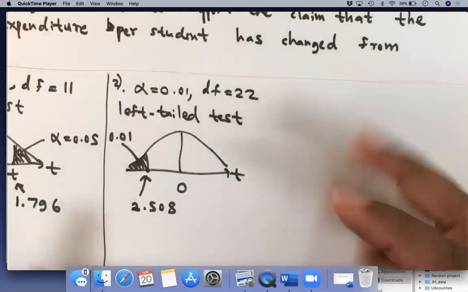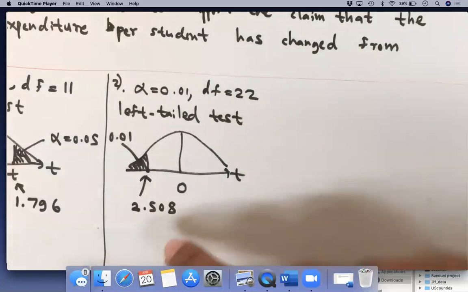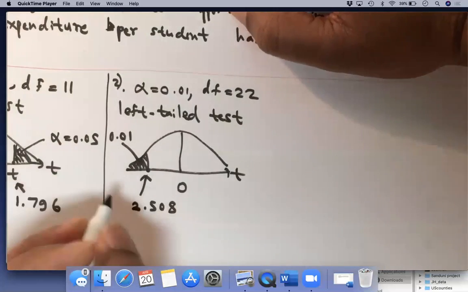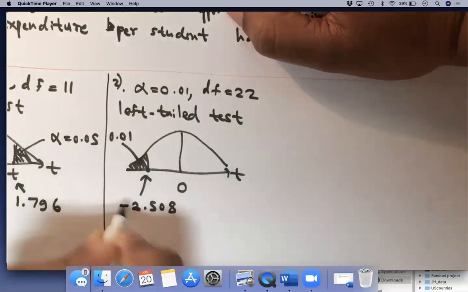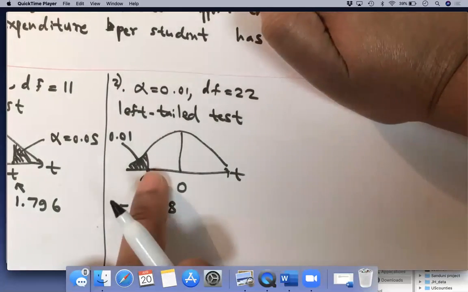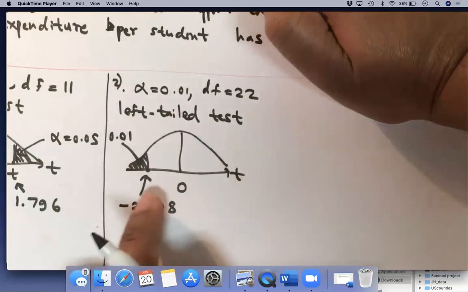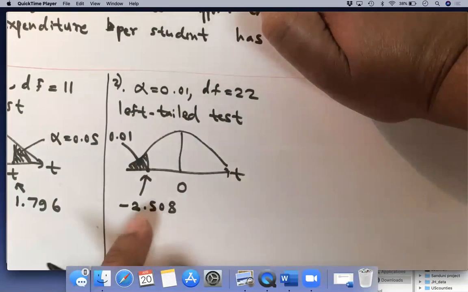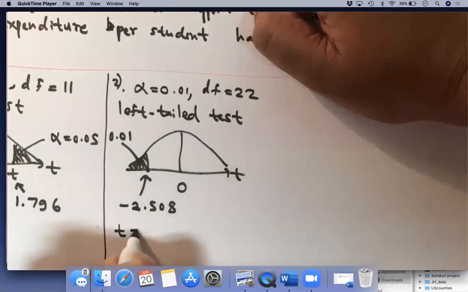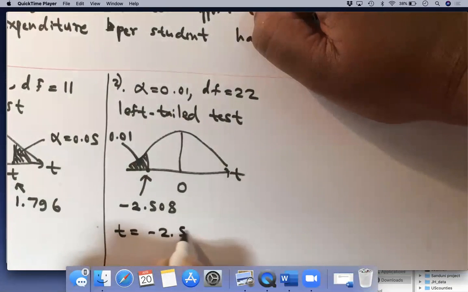Because this is a symmetric distribution. So using the table, you can find only this value. Write it down, but please remember to put a negative sign in front of your value. Why? Here it's a left tail test, so you will definitely have a negative T critical value. Please remember that. So here, your critical value is negative